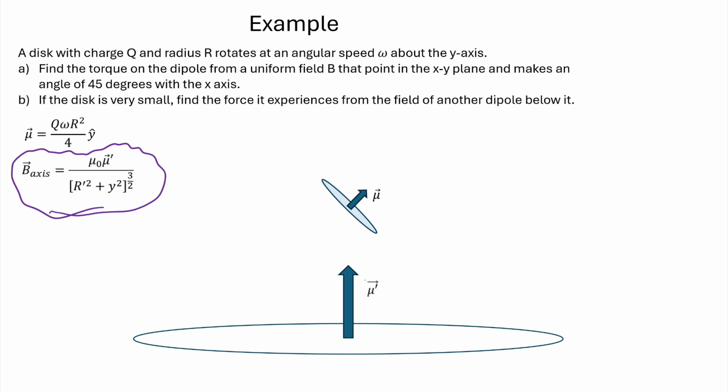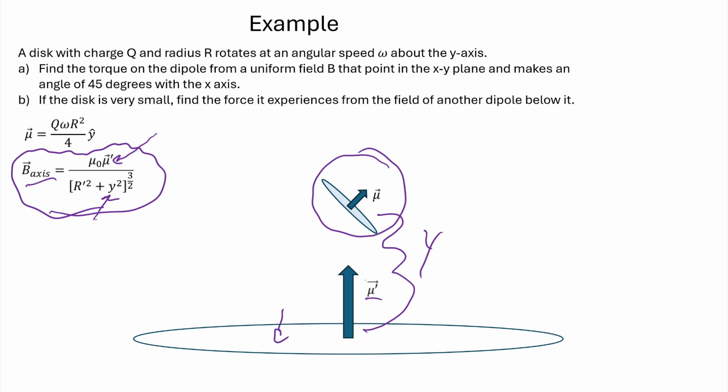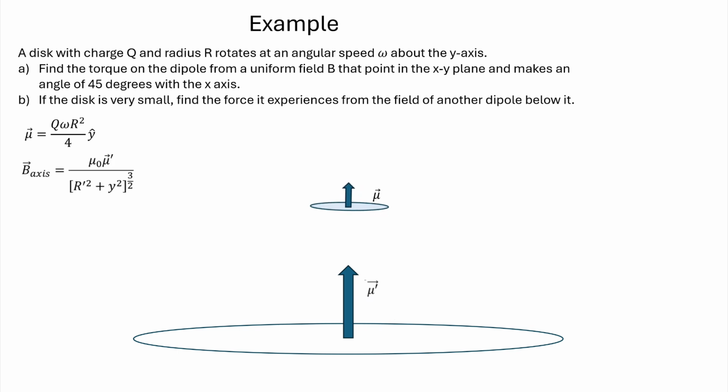Crucially, though, notice that this is not a uniform field. It depends on the distance y between them. And this is only the field on axis. Off axis, the field's a mess. But on axis, it looks something like that. Okay, and notice it is given in terms of the magnetic moment mu prime of this lower loop. So the lower loop makes a non-uniform field, and my disk from earlier feels that non-uniform field, and first it rotates so that its magnetic moment is aligned with the magnetic field it finds itself in,